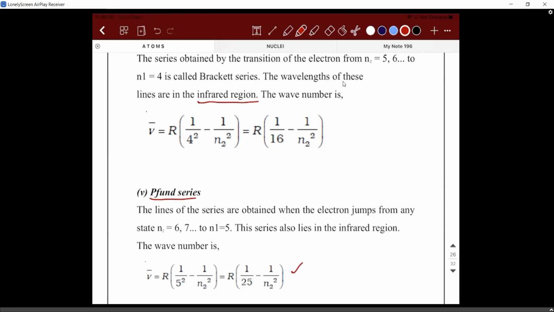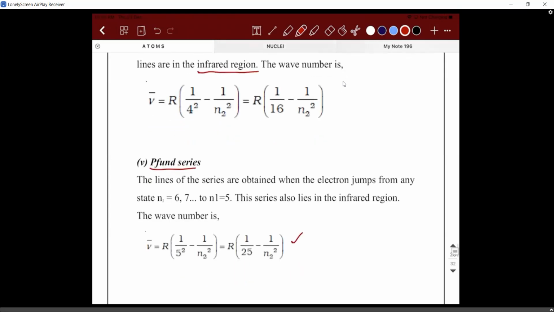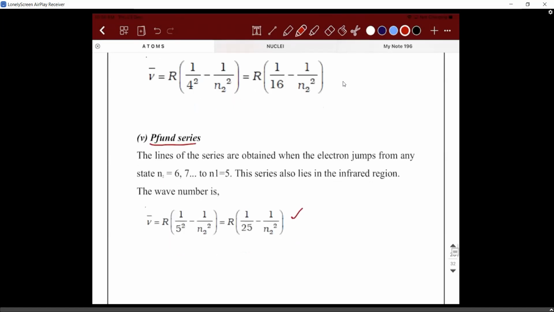Why is Z square missing here? Because it is taken for the hydrogen atom. Suppose it is a hydrogen-like atom. For example, like how we told, if it is Li 2 plus, then what are you supposed to do? You should not ignore that Z. So Z is 3, Z square will be 9. So always you should multiply with that 9 in the problem. So have these points, don't worry when we solve. I'll try to solve many problems based on this. Okay. So here.